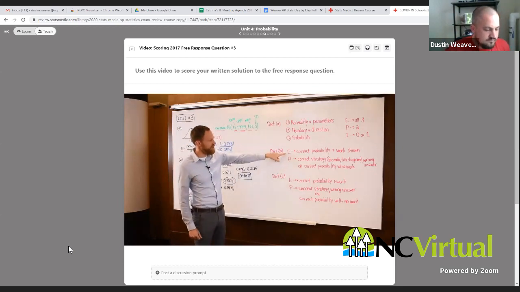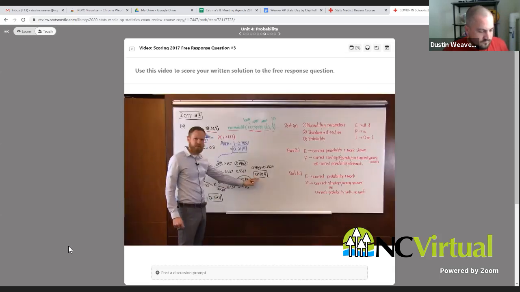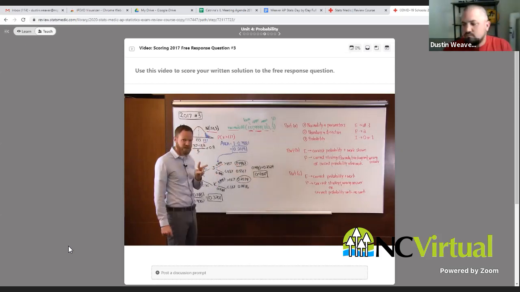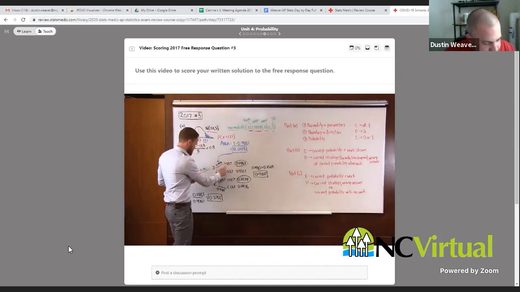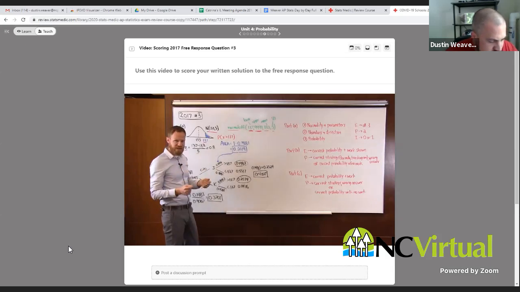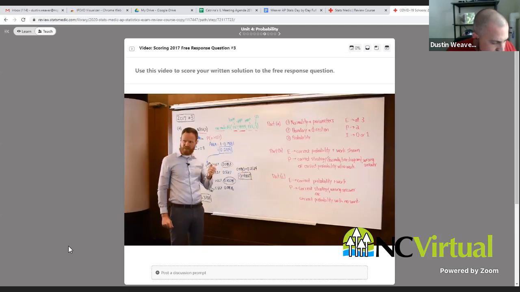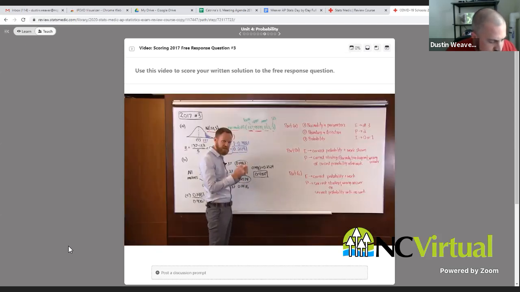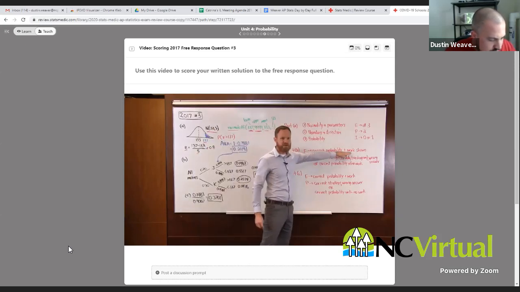For part B, in order to get full credit here, you have to have the correct probability plus work shown. So obviously, here's our correct probability. Now, what has to be shown in order to get full credit for work is 2 things: multiplication and addition. So this value right here was actually established by multiplying these 2 together. So you either have to explicitly show that these 2 values are being multiplied, or if you have a tree diagram, then that multiplication is implied. The other thing that has to be shown is this addition. And this was actually a bit of controversy at the AP reading, but it must be shown that these 2 values are being added together